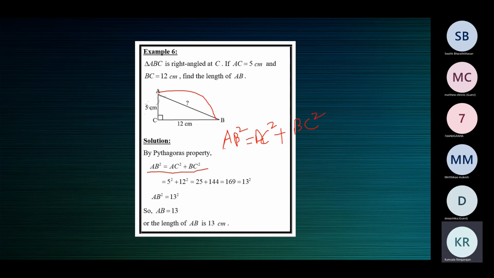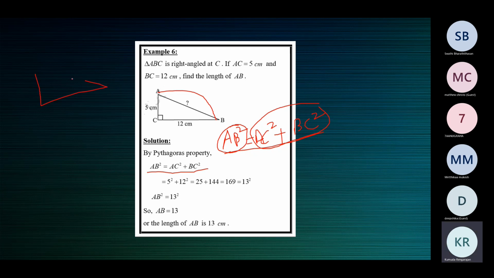Write the square on the hypotenuse first, meaning on one side. See, now you're writing an equation with an equal to sign. So you can write this one in the left hand side and this in the right hand side. That's okay. You can exchange the sides. You can write this in the RHS and this in the LHS. That's fine. On one side, you must have the square of the hypotenuse. The square of the hypotenuse should stand alone on one side. On the other side, you must have the sum of the squares of the other two sides.